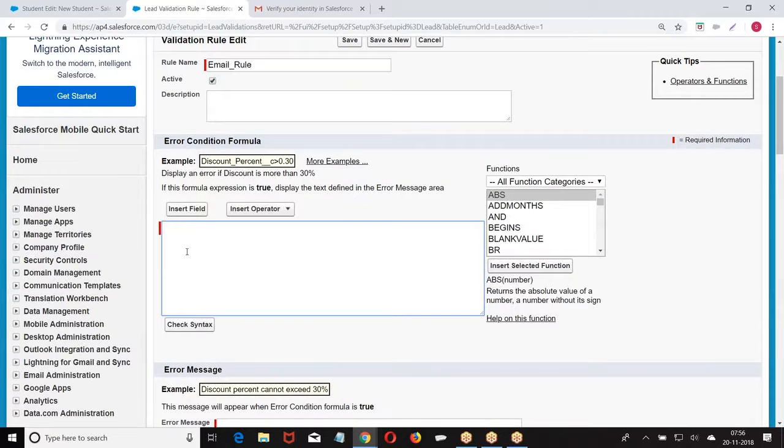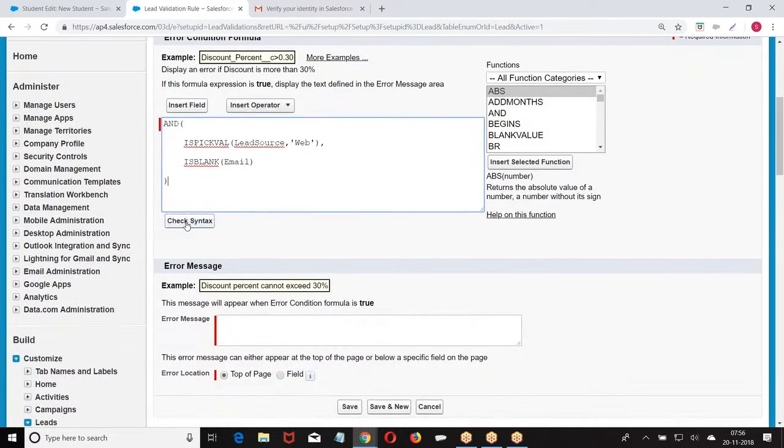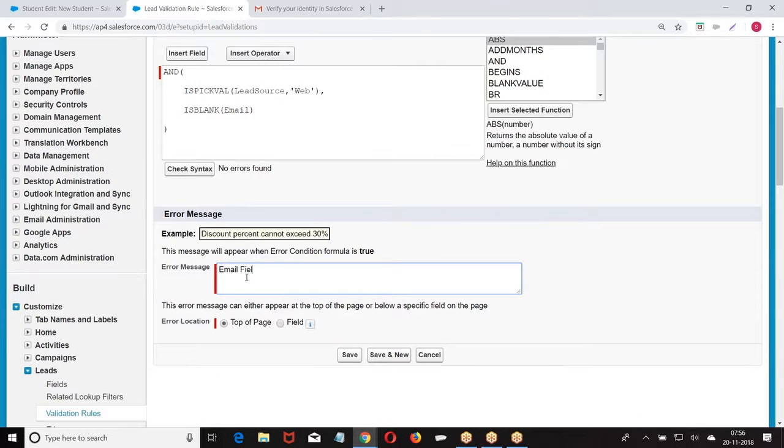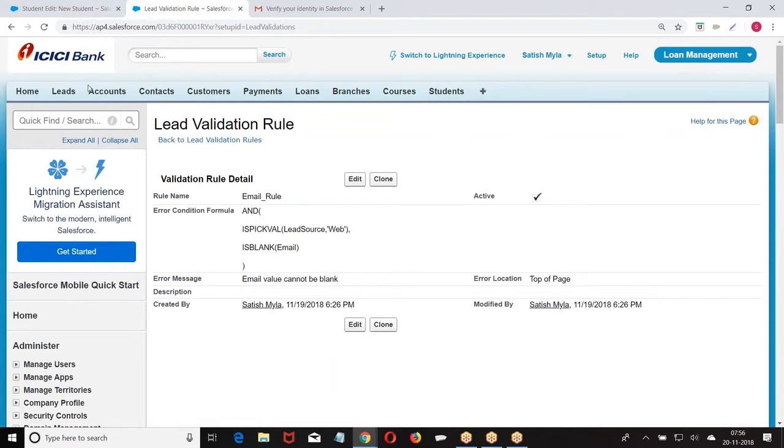Rule name, condition: if lead source is web, blank of email, then. Then go to the lead.